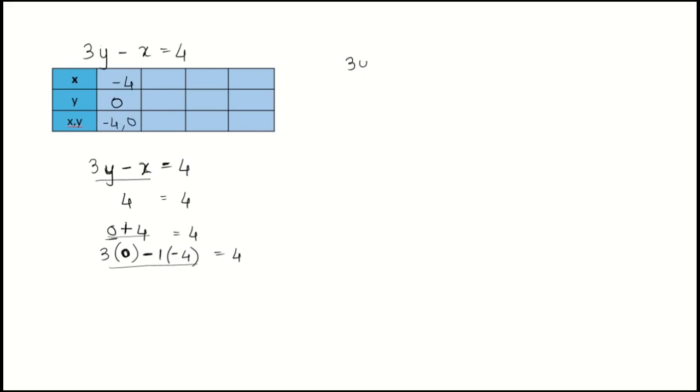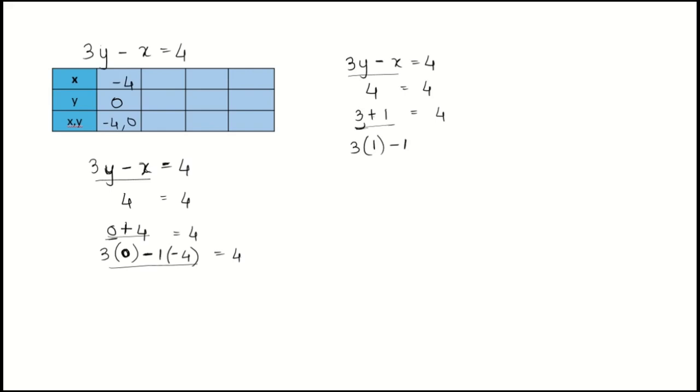Searching for another point for this equation, 3y minus x is equal to 4. Here the total we need to get is 4. We can also write 4 as 3 plus 1. How to write this in the form of the equation? Take 3 from the equation. 3 into 1 will give us 3. This is a plus sign. Here it is 3 plus 1, and in the equation we have minus. It is minus 1 here. So take minus 1 from the equation.